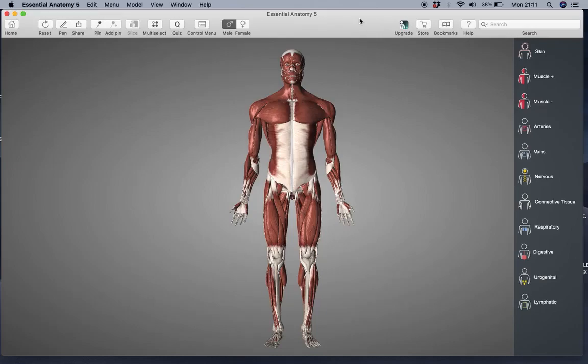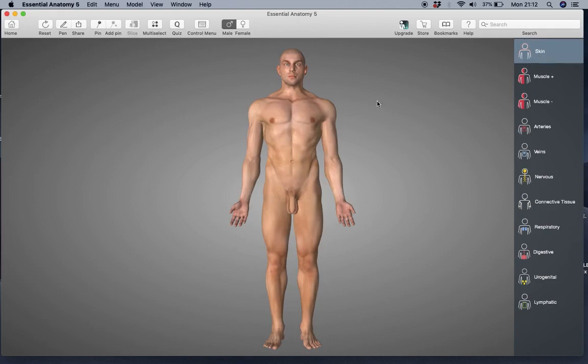Good day, students. Today I want to show you a three-dimensional app. This one is called Essential Anatomy and it's the 5th edition. It's available from Apple iStore and Google Play. This specific app, I'm just going to put the skin on,